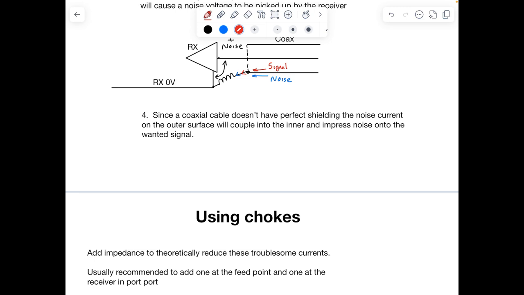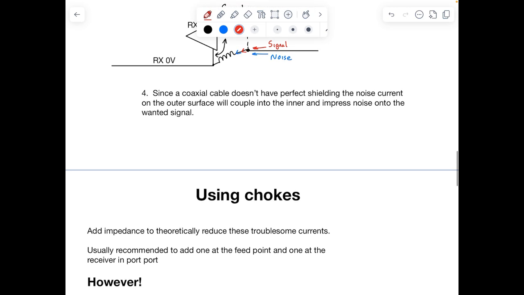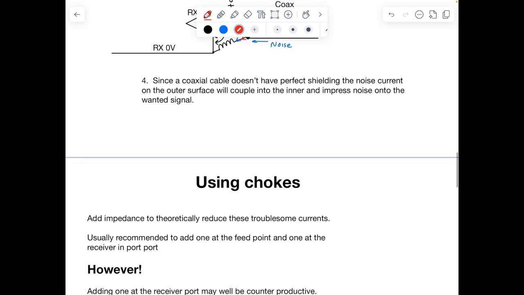Of course, it's obvious to think that if you use a choke to limit the current, add an impedance which would reduce the current, then you reduce the noise. But that may not be true, and this is what I want to look at in a little bit more detail. So I say add impedance to theoretically reduce these troublesome currents, and the general practice is to add a